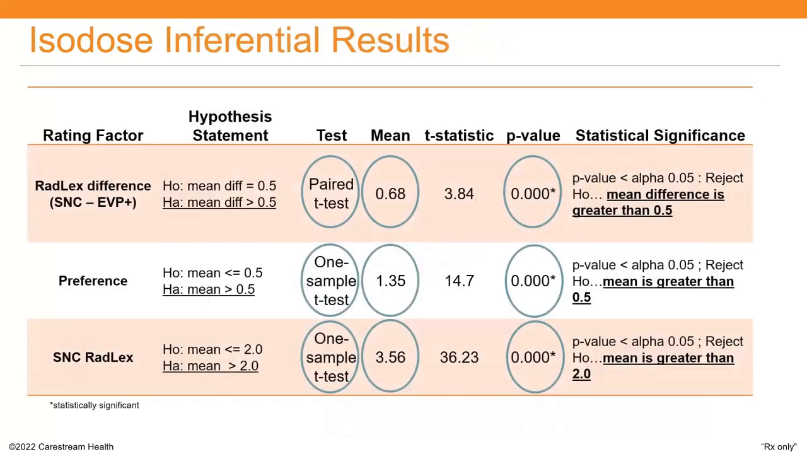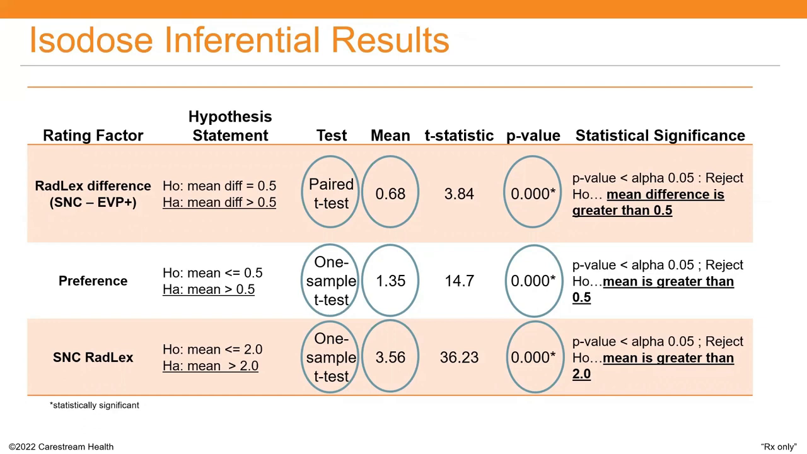These are the inferential results of the ISODOSE study. The paired t-test was used to evaluate if the difference in RADLEX ratings was greater than the difference that matters, that is greater than 0.5. The results demonstrate that the mean RADLEX difference is greater than 0.5. Therefore, we conclude at the 95% confidence level that the smart noise cancellation processing yields RADLEX ratings significantly higher than